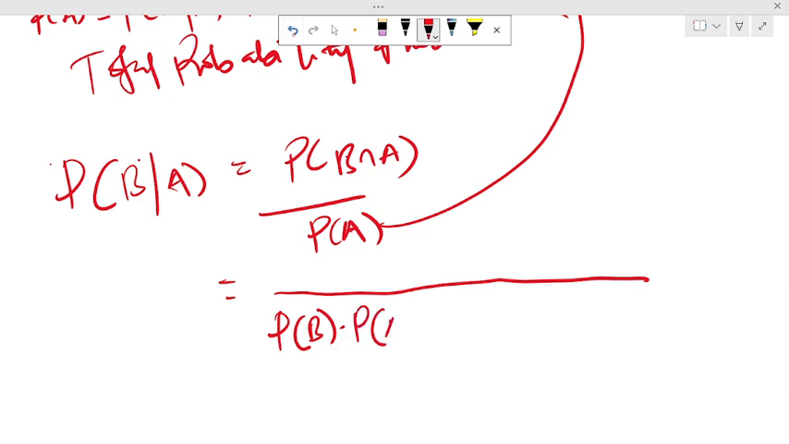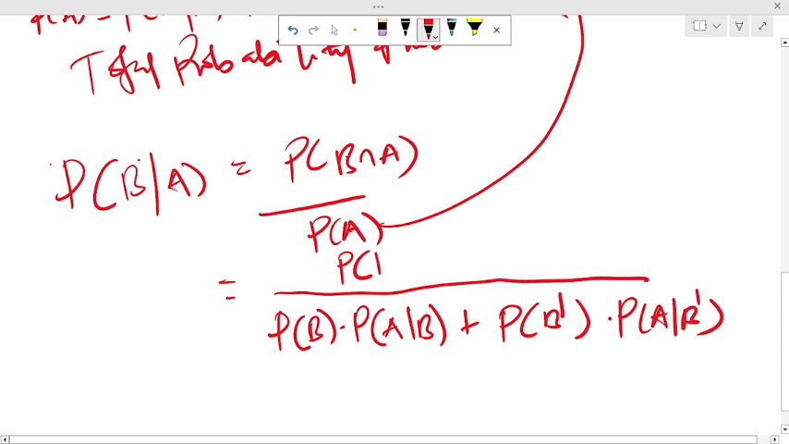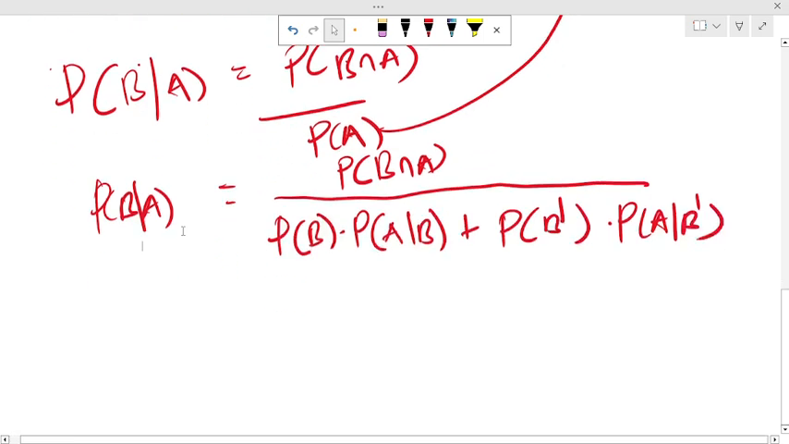Plus probability that B will not occur, multiplying probability of A given that B will not occur, right? And also the numerator will be there. We are not done with the Bayes rule. Now, we should know that